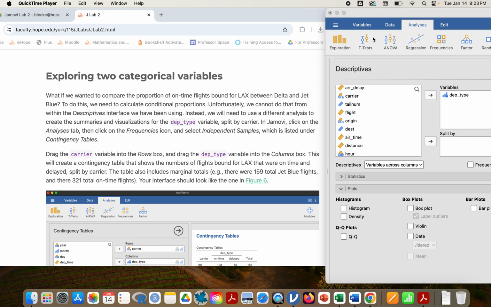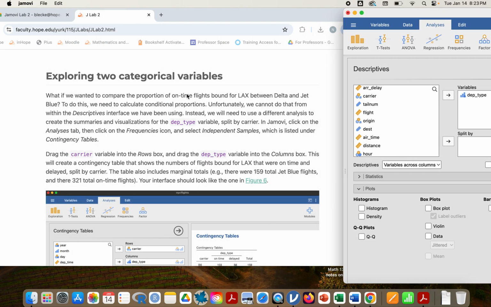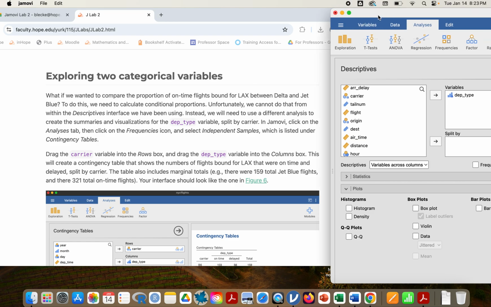We're now going to take our data and explore two categorical variables. So the question we're going to ask: what if we wanted to compare the proportion of on-time flights bound for LAX between Delta and JetBlue? To do this, we need to calculate conditional proportions. Unfortunately, we cannot do that from within the descriptive interface we've been using. Instead, we'll need to use a different analysis to create the summaries and visualizations for the departure type variable split